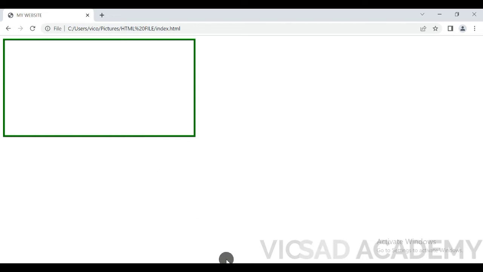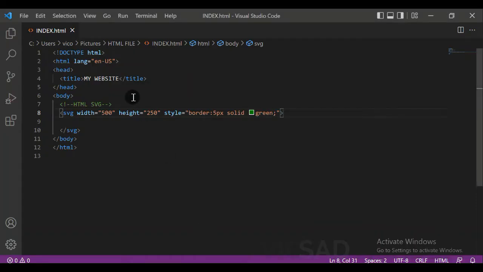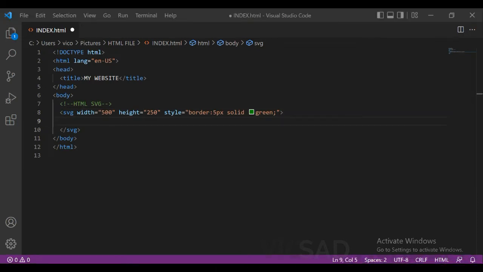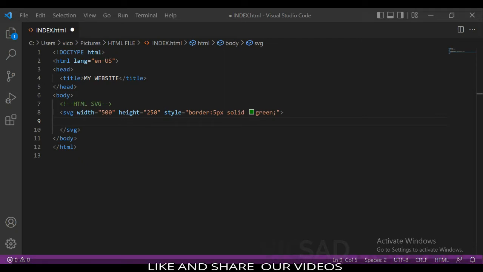So back to Visual Studio Code. I've told you about the rectangle, the ellipse, and also the circle. So I'm going to start with the circle. I want to talk about drawing the circle in SVG. It takes a lot of attributes. To create a circle, first of all you need the circle tag, which, as I told you, does not have a closing tag, and after that you need the